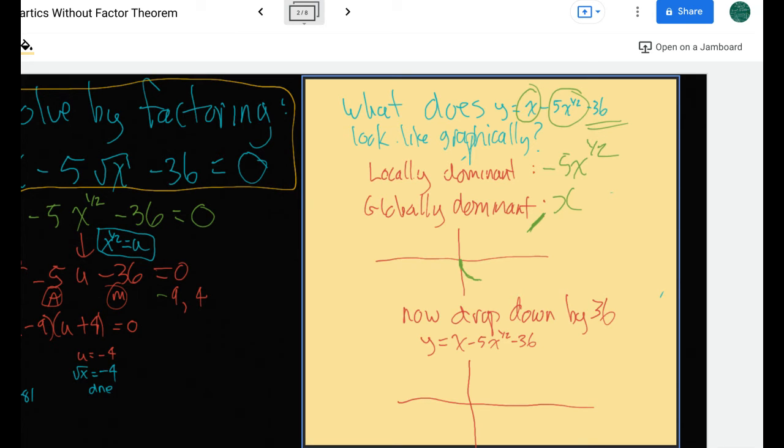Oh, by the way, I know it's x to the 1/2, so the graph has to start right here. It can't go anywhere else, right? It can't go into the negatives because I can't have negatives evaluated to the 1/2. So then it's just going to join those there like that. Okay. Now, that's if I didn't have the minus 36, but I do have the minus 36. So now I need to drop it down by 36. So that will be negative 36, and it will start by decreasing, and then it will increase just like up